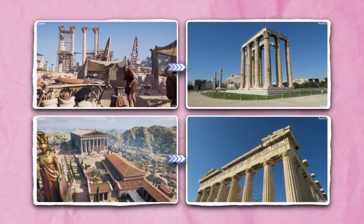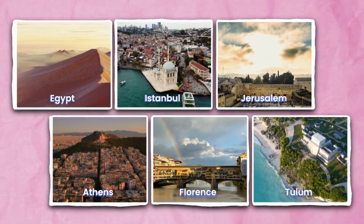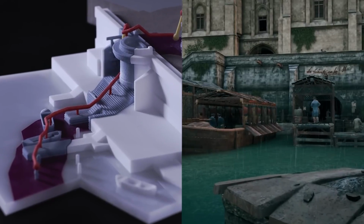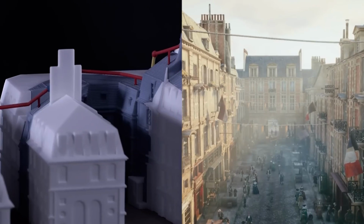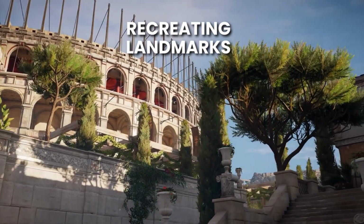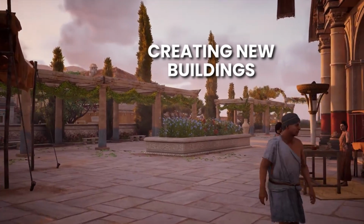structures would have looked like in the past. Basically building a mood board that's architecturally and historically accurate. Then, once game development actually starts, architects work side by side with the devs as they build the game's world, both when it comes to recreating real buildings and landmarks and creating new buildings that feel authentic to the setting